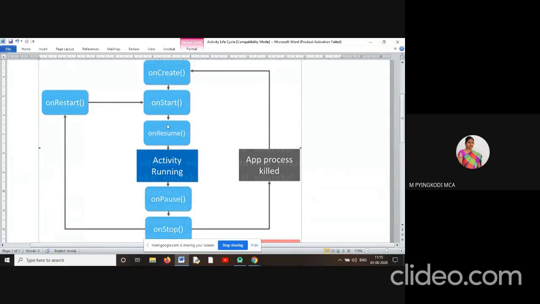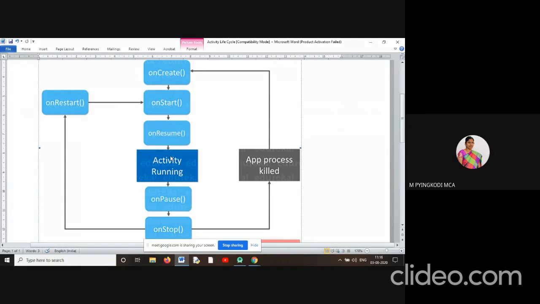So is it clear? What is the difference between onResume and onPause? Now the WhatsApp activity is not visible to the user. This happens when an event occurs. That event may be an incoming call, a notification, pressing the back button, pressing the home button, or pressing the power button. These are also events that occur on our Android device.